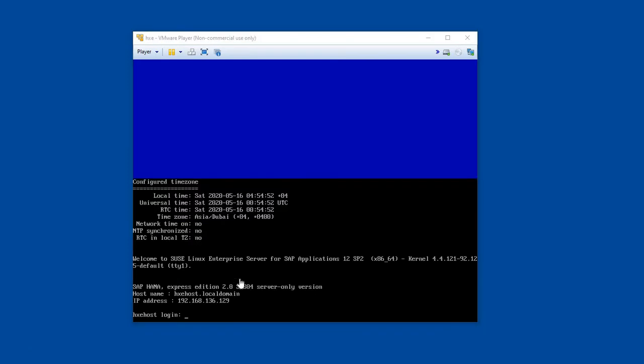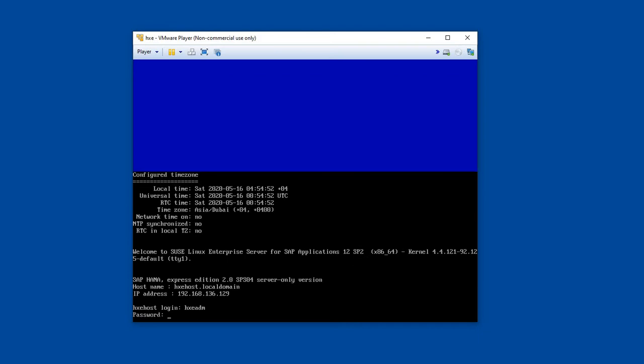Now we have to enter the user ID. For Express Edition, the login ID is xseadm and the password is XSEHANA1.